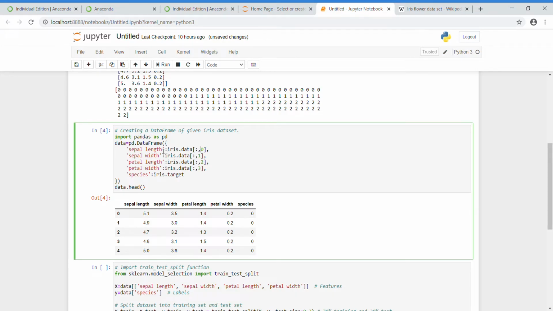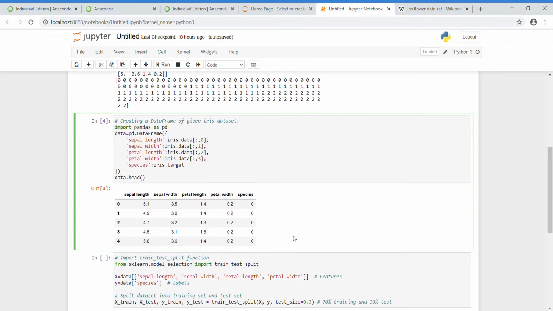The 0th column is sepal length, and the first column is sepal width. The second column is petal length, and the third column is petal width. So 0, 1, 2, and 3. And this species column is nothing but the dependent variable, or target variable, here.